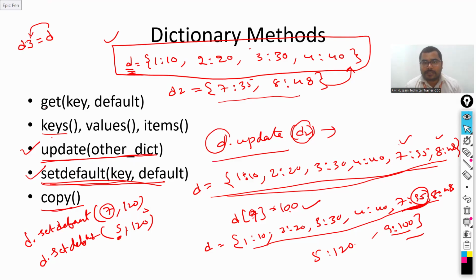But the disadvantage of this is that if you try to modify either D3 or D, then the other dictionary also will be modified. D3 will be representing the same items. Now if you change an item through D3, suppose you write D3 of 1 is equal to 20, then D also will be updated. The key 1 will be updated with the value 20. So if you don't want it like this, that means whenever you modify D3, D should not be updated,